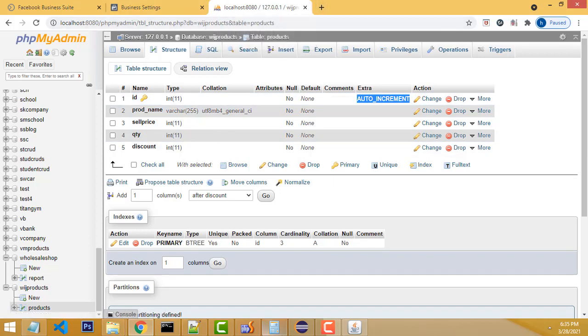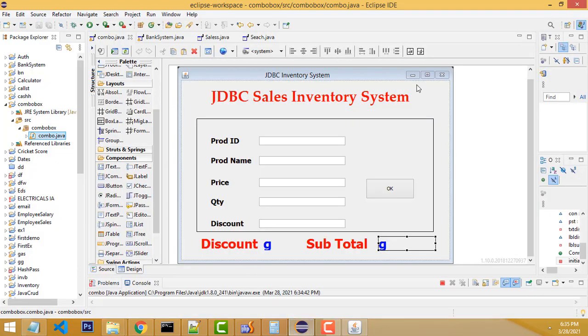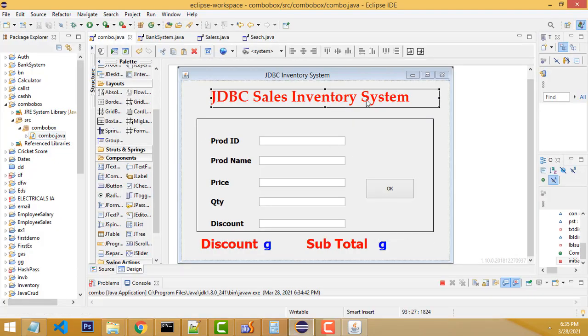Right, now let's get back to our design. First you must design the form, right? How to design the form and everything, I have already explained in my basic video. Those who have not watched my Eclipse basic videos, please go through and watch them. I will attach the basic videos about Eclipse in the video description, right? So first you have to design this form, the UI design.